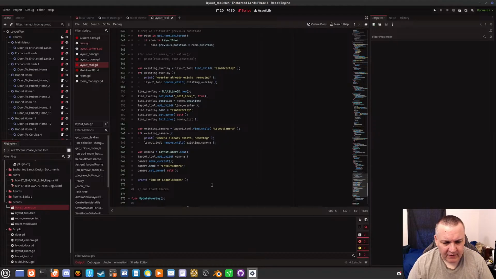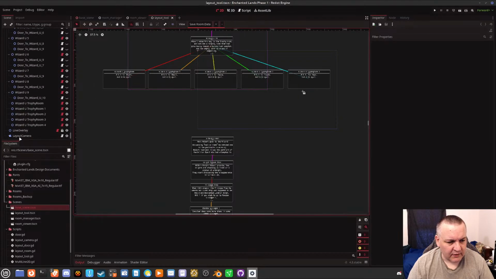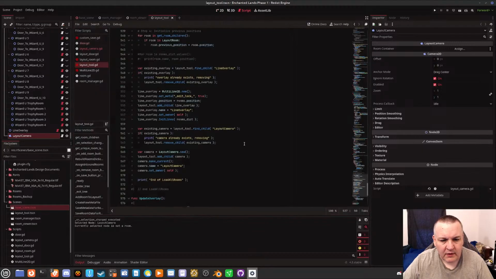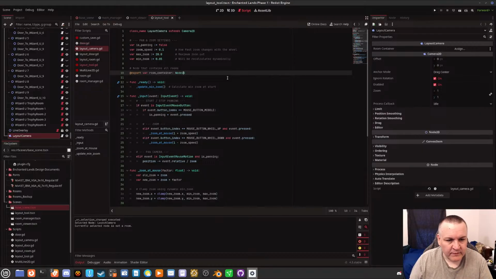What's the problem I'm having? I want to go to layout camera. Layout camera, assign. Oh, it's no longer assigned either. Let's not do it that way. Let's make.